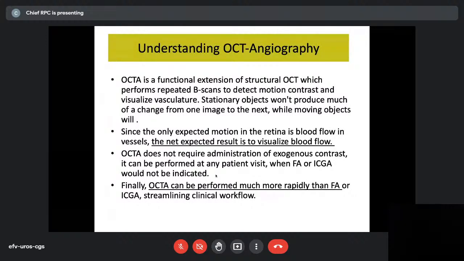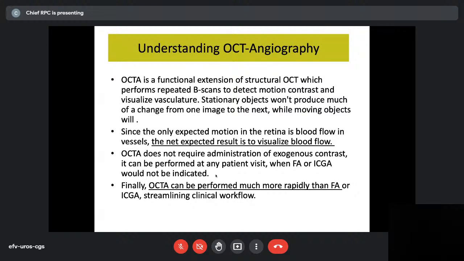It is surgeon friendly, meaning ophthalmologist friendly, optometrist friendly. FA-ICG is a lot messier, with risks of extravasation or nausea and other problems. A lot of information can be obtained from OCT and OCTA in diabetic retinopathy, neovascular AMD, PCV, and vascular occlusions, so you don't need FA-ICG until you really want to do it. You can do it as a baseline, but after that, for serial follow-ups, you may not do a fluorescein or ICG.